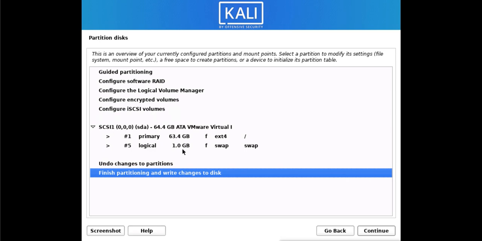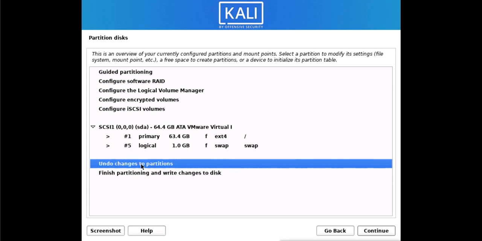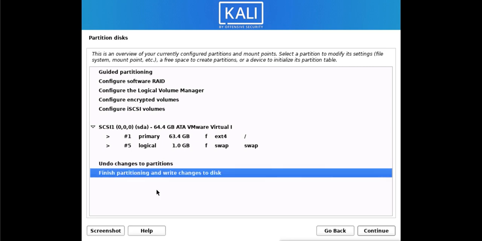Then you have an option here to undo changes to partitions. Whatever changes we have created, if you don't like them then you can undo this, or we can go with these changes, finish partitioning and write changes to disk. Remember, till now any changes have not been written to the disk.